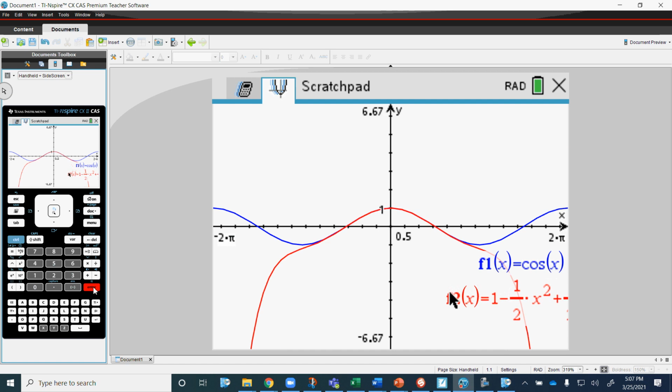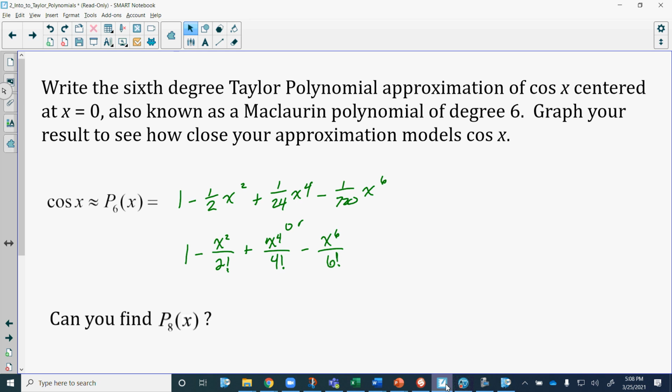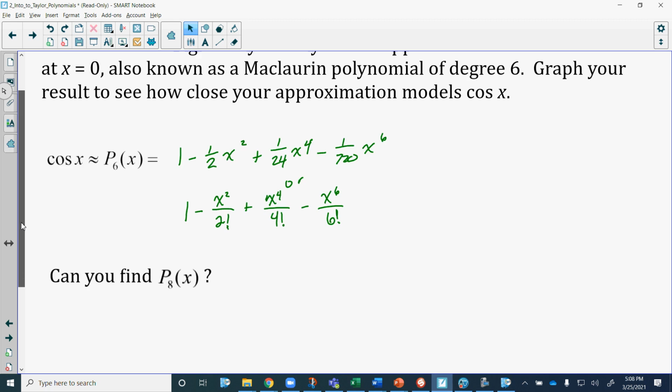And wow, that looks a lot like the cosine function at 0. Now you can see as we go further away from the center, the approximation clearly drops off. We can't really use it as we get further away from the center, but we see, yeah, we got a pretty good approximation there. And so the last thing that it's asking us to do, it says, can you, now that we've established a pattern for how we're going to be able to write the Taylor polynomials, could you do one for the 8th,